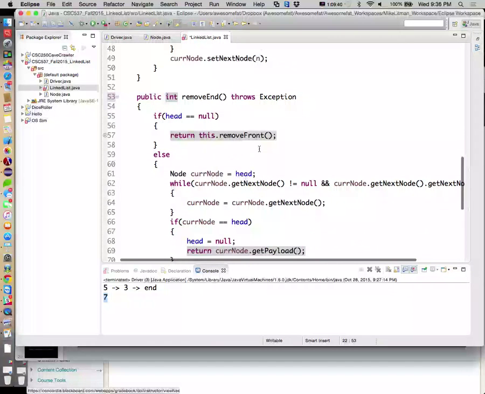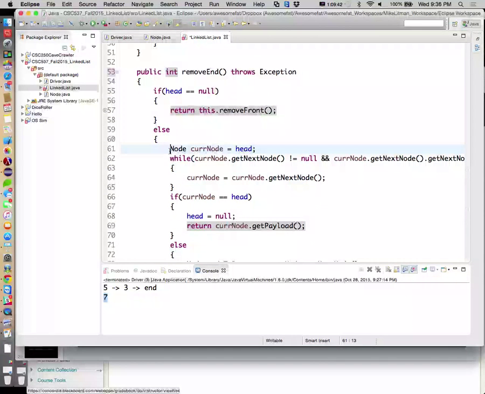All right. Otherwise, we'll go ahead and start at the beginning of the list. We're going to traverse our list as long as the current dude has a next node and his next node has a next node. We'll keep kicking him down the line. As soon as we break out of that, we need to make sure we're not currently looking at the front of the list, because if we are, then we need to treat that as a special case.